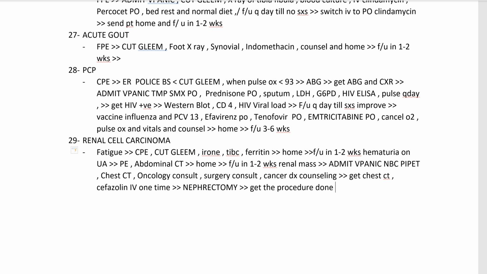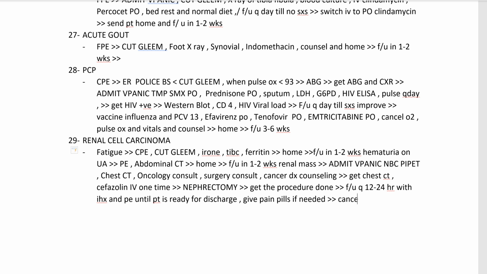Okay, after you get the procedure done, you re-evaluate, you do follow-up, Q 12 to 24 hour with interval history and physical exam until patient is ready for discharge. Okay, give pain pills if needed. And that's it. After that, all you want to do is cancel the NPO